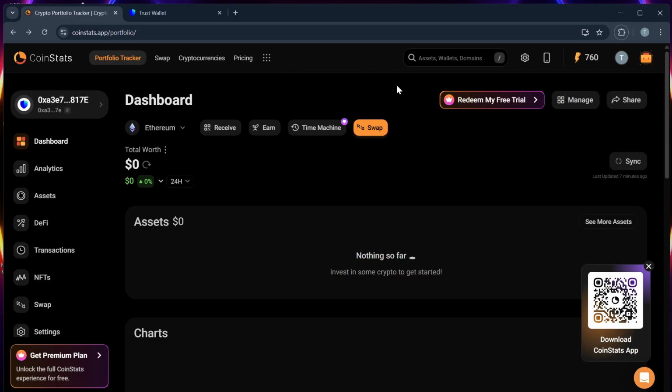Transferring money from your CoinStats to Trust Wallet. In this video, I will show you how to send crypto from your CoinStats connected exchange to Trust Wallet in